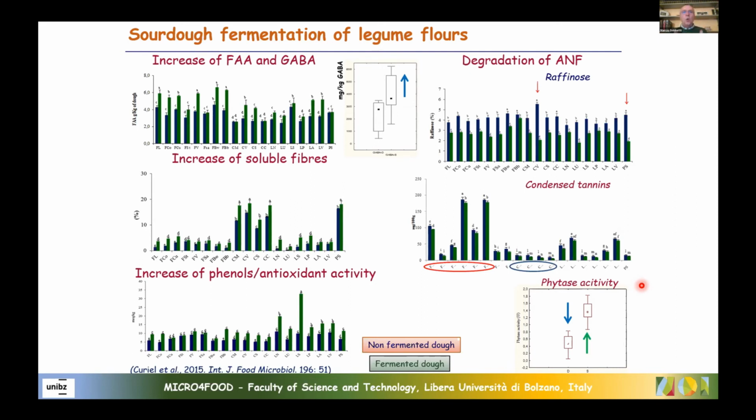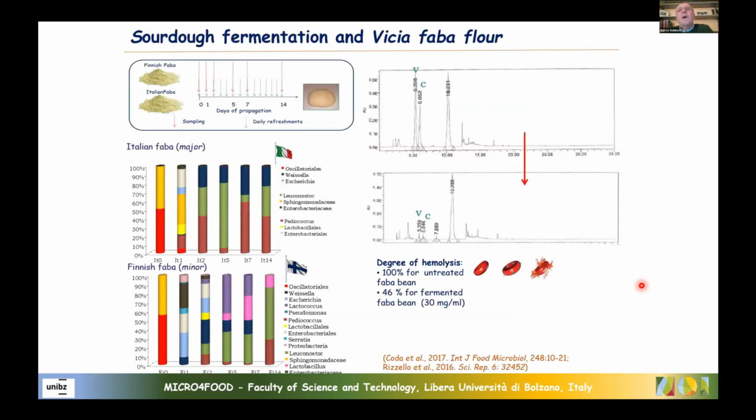So what you can do, you can ferment legume flours, you can use the fermented dough as it is, or you can mix these fermented legume flours together with, for instance, cereal flours for making bread, but also other types of baked goods, keeping, because of the sourdough fermentation, the sensory properties which are related to products only made by cereals and very well accepted by consumers. This is the case of the sourdough fermentation and Vicia faba flour.